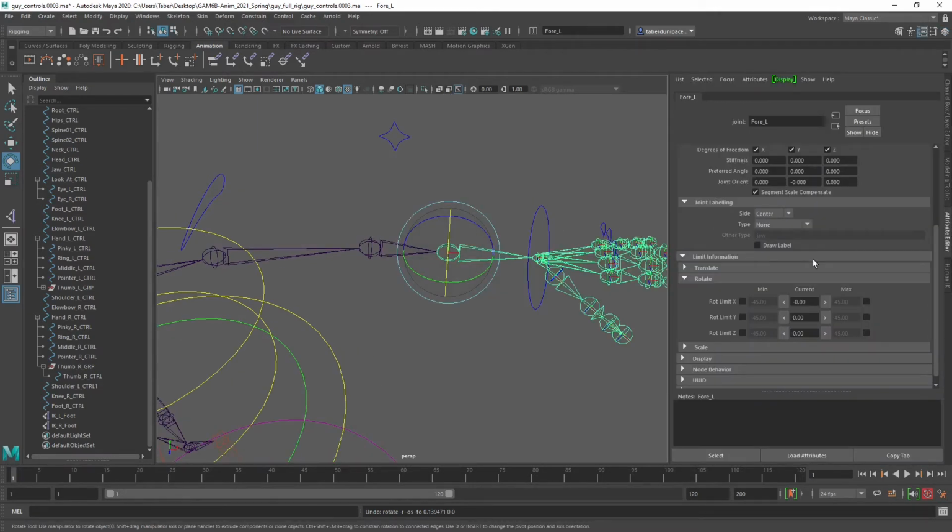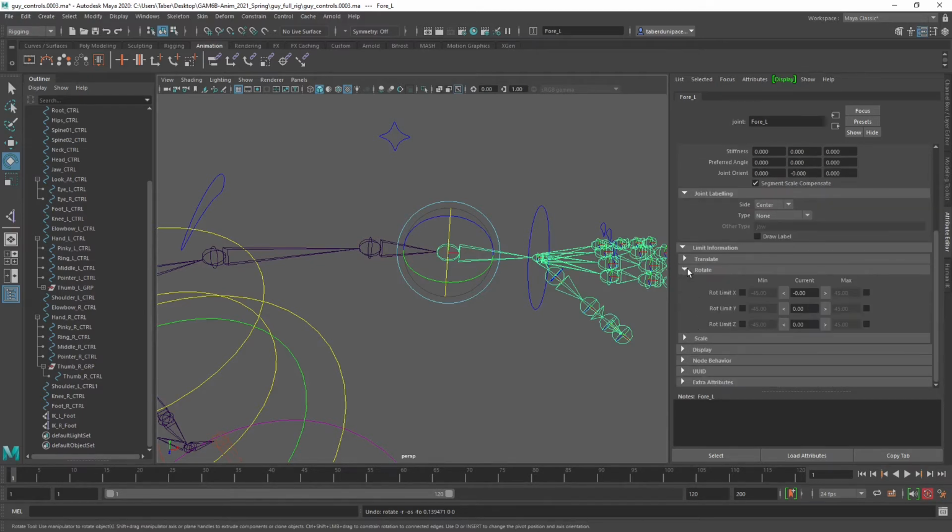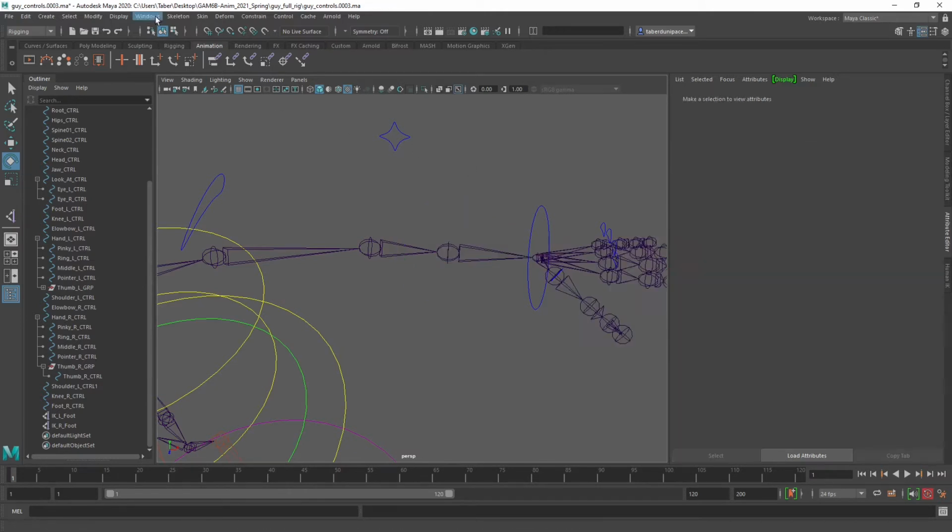But just really quick to show you that this exists, if you go to the attribute editor when selecting a joint, you can go down to limit information and then rotate, and you can set the max and min rotation for all of these different values. X is the rotate that we want to keep. So I'll just put 0 in Y and Z and limit it. And so that means that it can no longer rotate in Y or in Z, but it can still rotate in X. And so we think, oh, that's great. We'll do